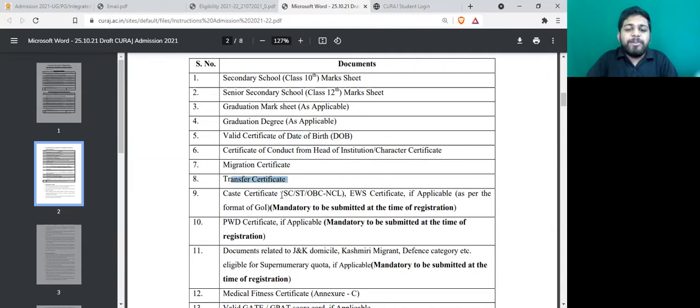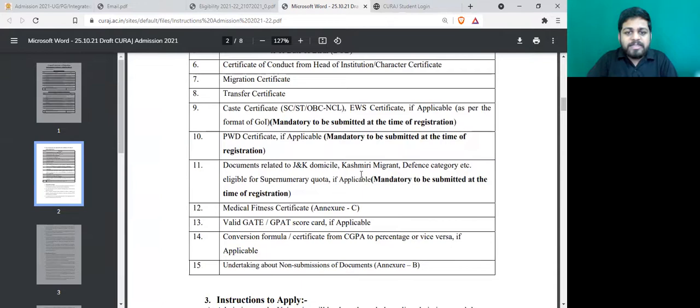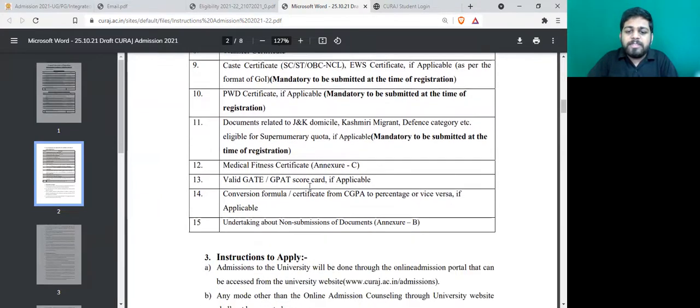If you avail any kind of reservation related to caste, so if you are an OBC candidate, you should submit the OBC non-creamy layer certificate. Or if you are an SC or ST candidate, you will need to submit the caste certificate and PWD certificate, then documents related to Jammu and Kashmir domicile, and a medical certificate will be required.